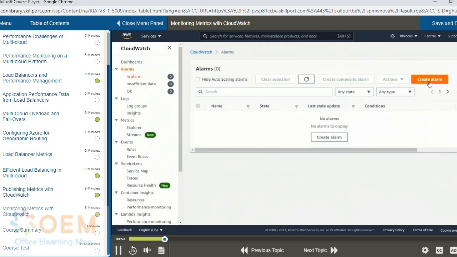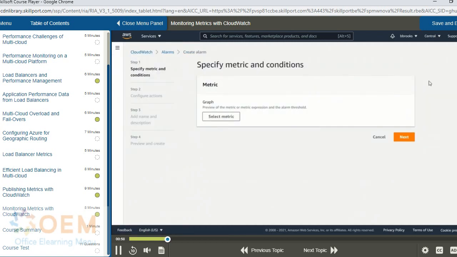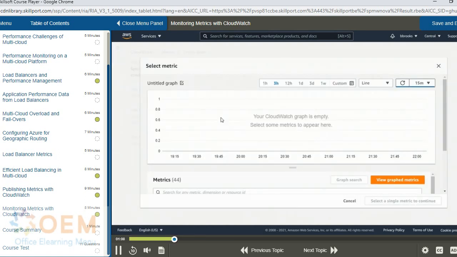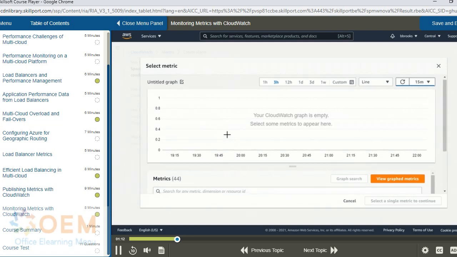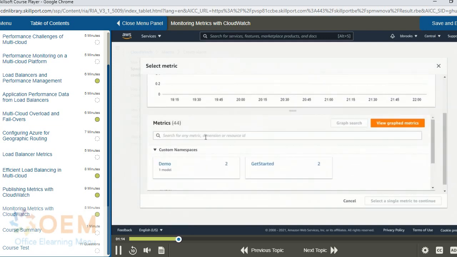And at the top right, I see an orange button that says Create Alarm. So I'm going to click that. Now I'm on a page that says Specify Metric and Conditions. And under Metric, I'm going to click Select Metric. Now I'm on a page that says Select Metric, and I can scroll down, and at the bottom under Metrics,